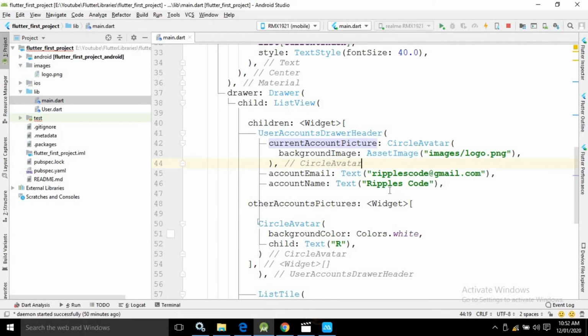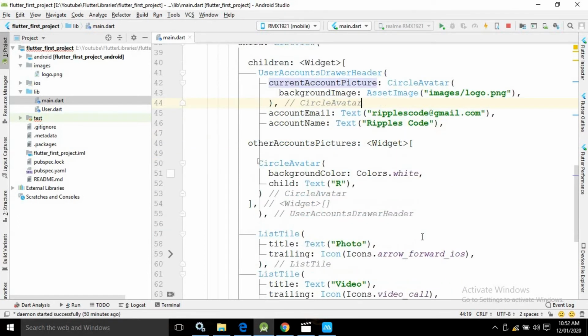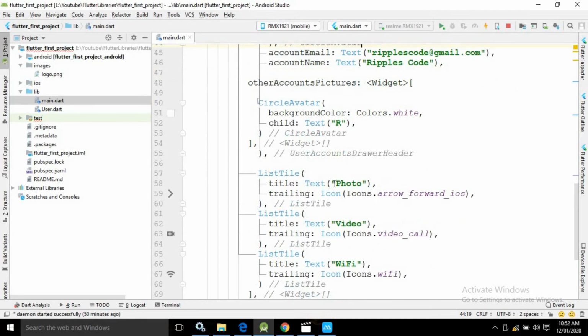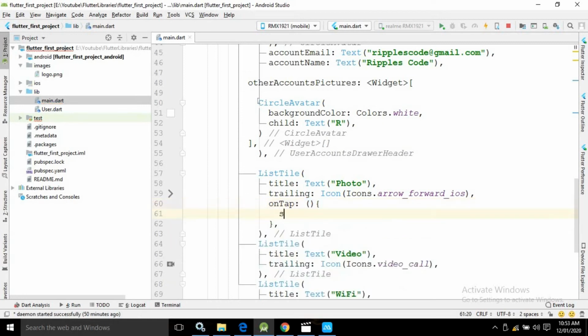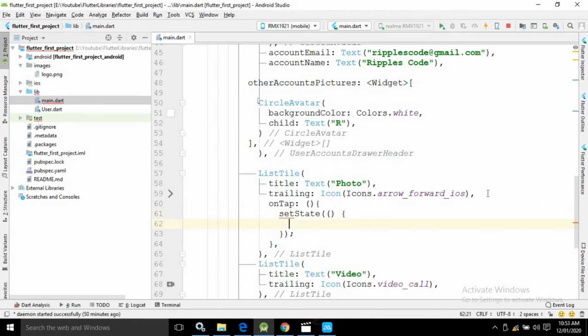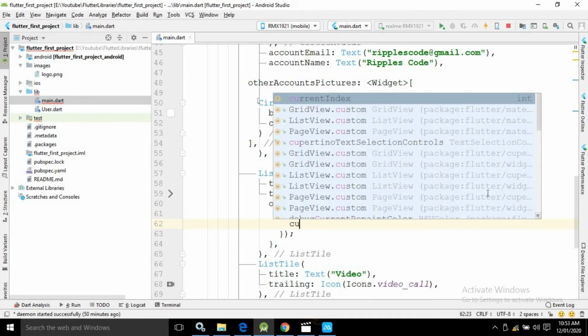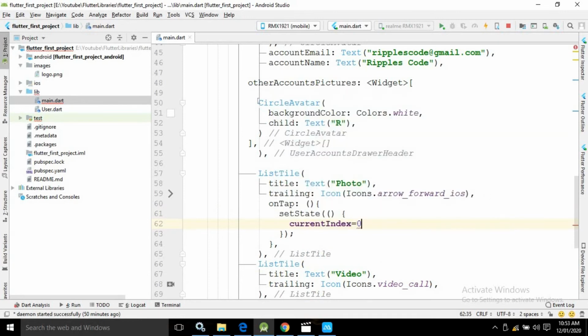Now after doing this, in the list tile, if you remember, it has an attribute which is called on tap. Inside this on tap, I will use the set state method, and here I will assign the current index value as 0 for the first list item.